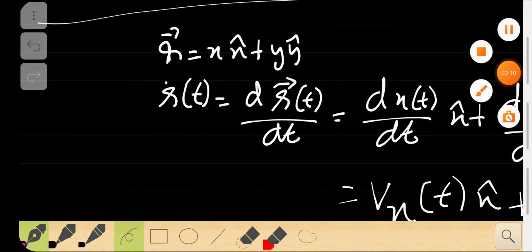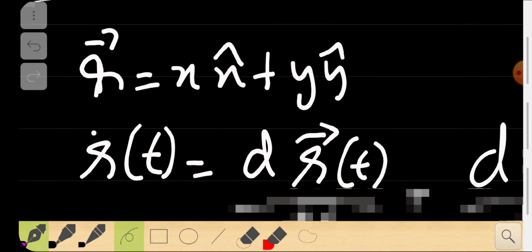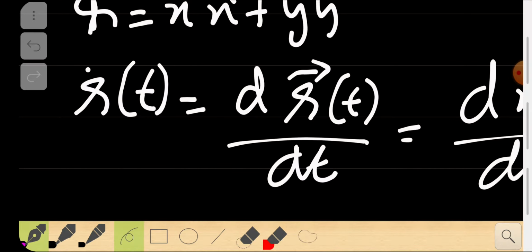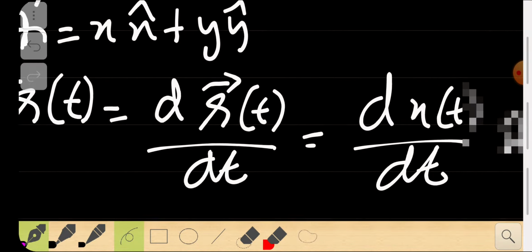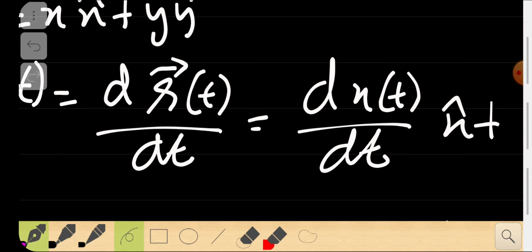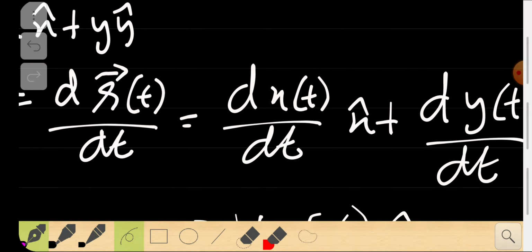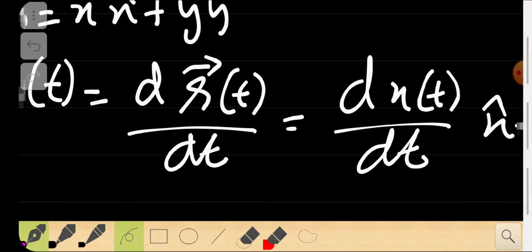We can clearly say that a vector r written as x times x cap plus y times y cap is the basic representation which we understood. Now we can just take the derivative of that. If you differentiate the position, you get the slope of that curve, which we have discussed many times. The derivative of the displacement r will be the velocity.